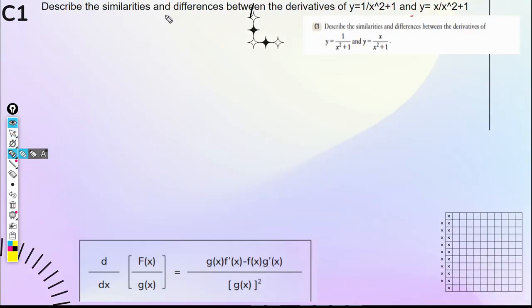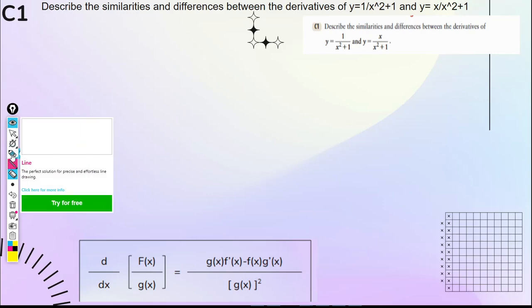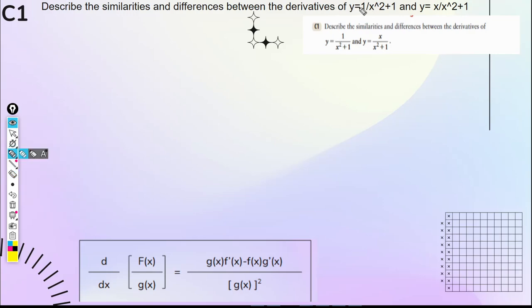So, describe the similarities and differences between the derivatives of y equals 1 over x squared plus 1 and y equals x over x squared plus 1. Okay, so the similarities,